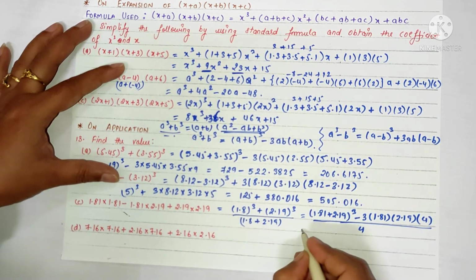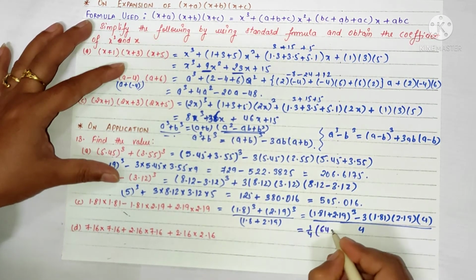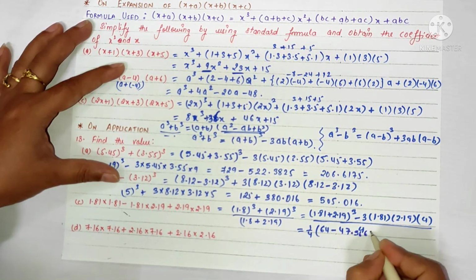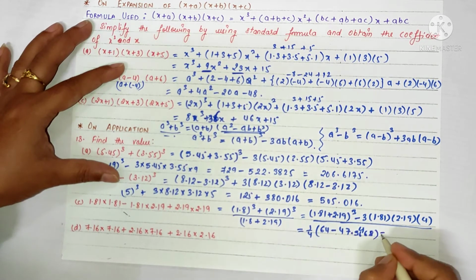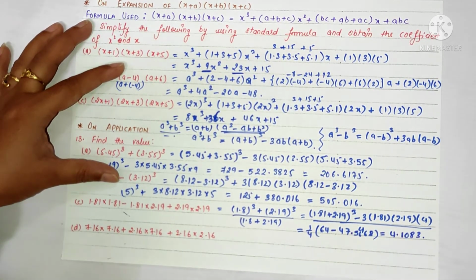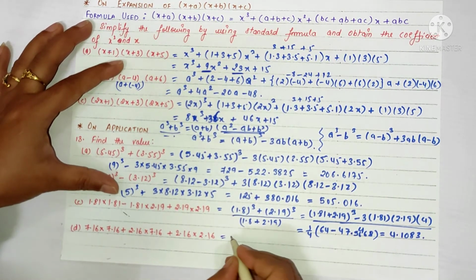So we'll get the answer as 1 by 4 into 64 minus 47.5668, and on solving this we'll get 4.1083. Similarly the next part, this is also in the same form, so we can write this as